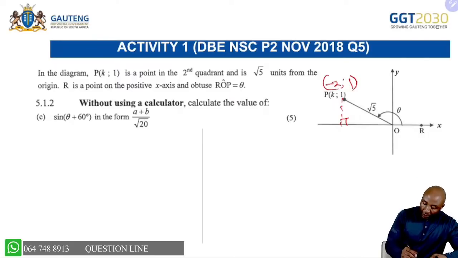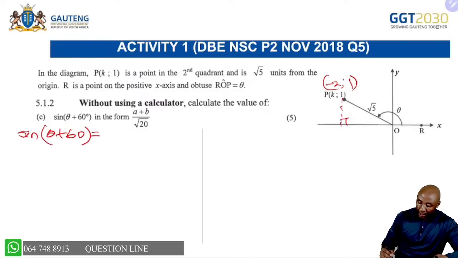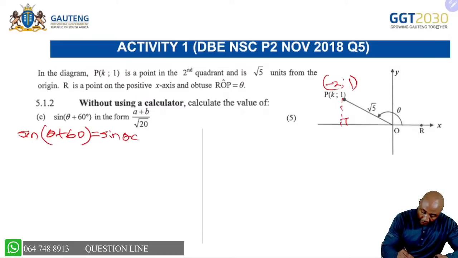So from there on, we are given sine of theta plus 60. In this case, this requires us to use compound angle identities, and I know that if I have sine of A plus B, this is the same as saying sine A, which is my theta, cos 60